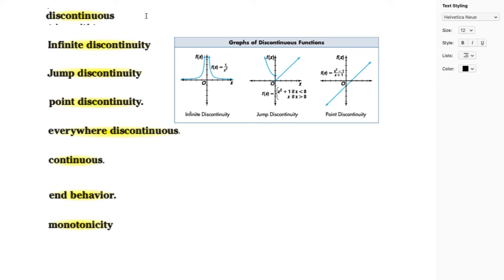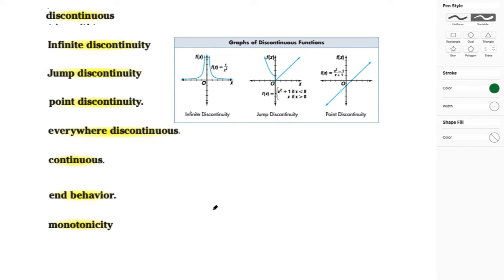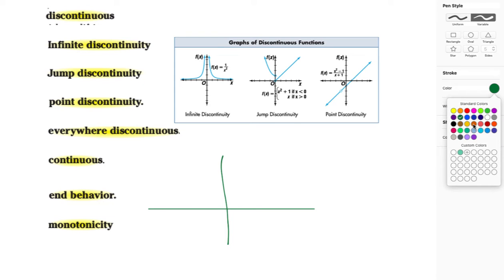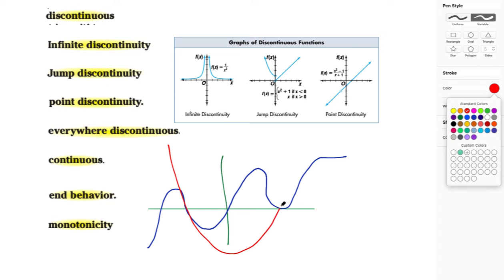So continuity, and before we even get started, is being able to draw a graph on an XY table without lifting your pen. All right. So this would be considered a continuous graph. I just drew a continuous graph. This red one is considered a continuous graph because,